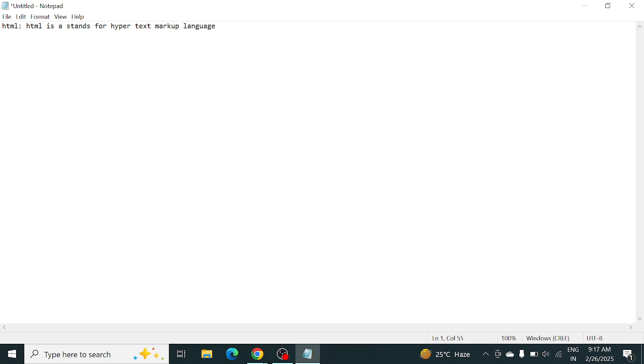Okay. So here it is used to create static web pages. It does not create dynamic web pages, which means it will be fixed, we can't change it here. Okay, so it creates static web pages and the structure of this page